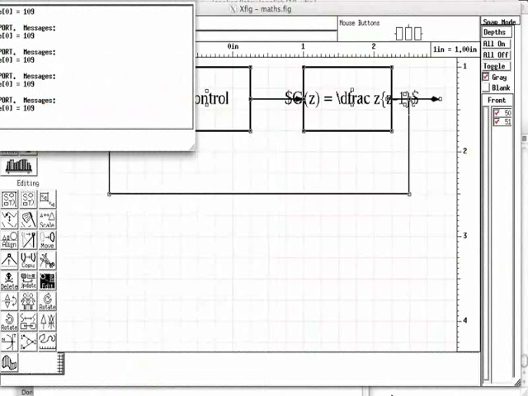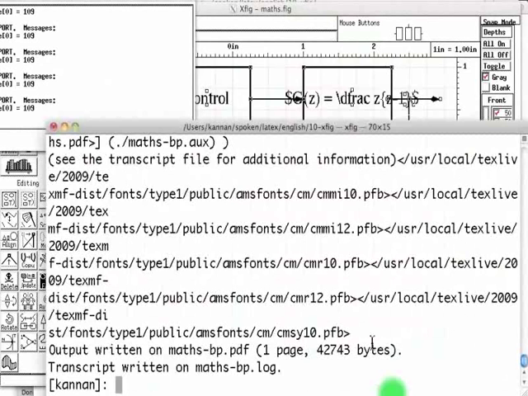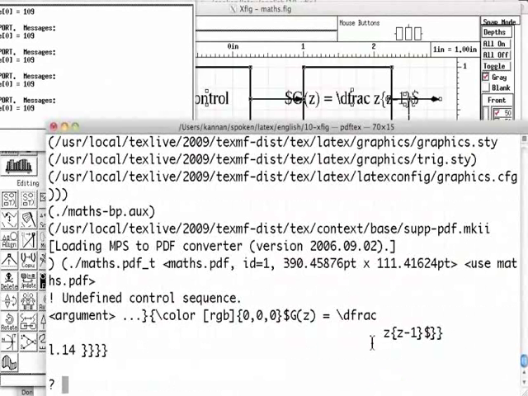Let us compile once again using PDF LaTeX. We get the error message undefined control sequence dfrac. LaTeX complains because the command dfrac is defined in the package amsmath, but we have not included it. We need to include it in the file